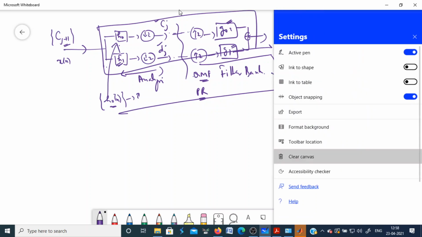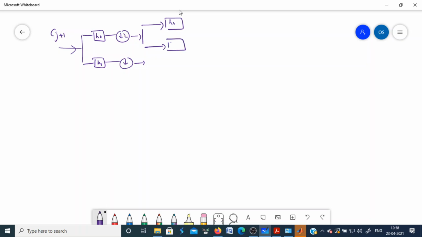But anyhow, in DWT, what do we do? So you have a structure like this. You start from higher scale coefficients, and then you decompose using a filter bank into the next lower scale. The output of this low pass filter is again decomposed using the same filters H0 and H1 and decimated by a factor of 2. You get the coefficients at the next lower scale and so on. This is my DWT, discrete wavelet transform.